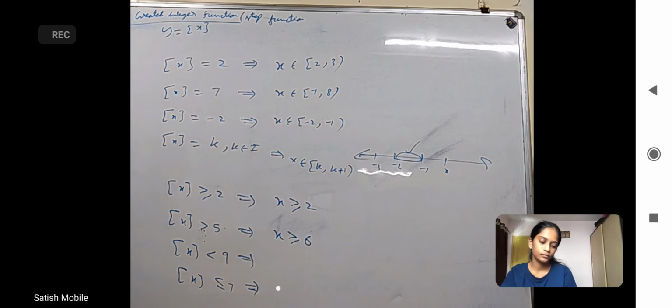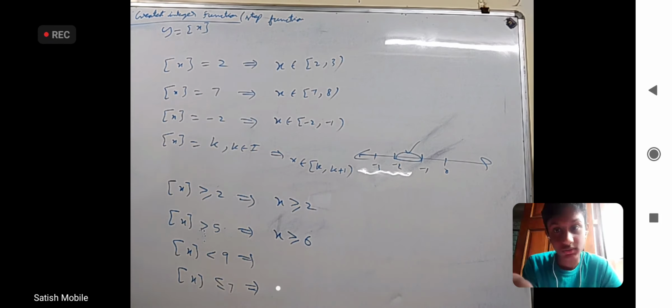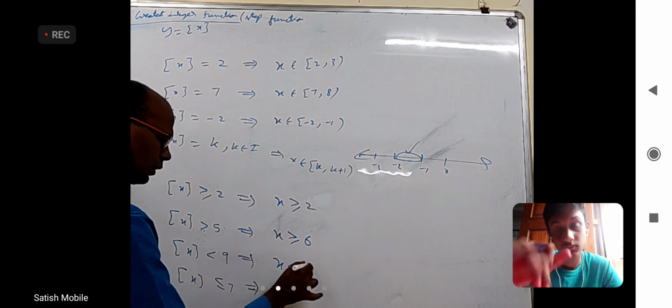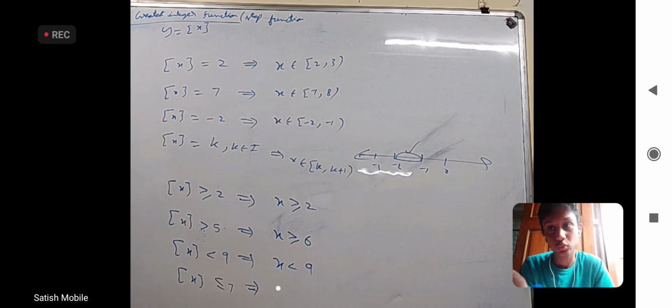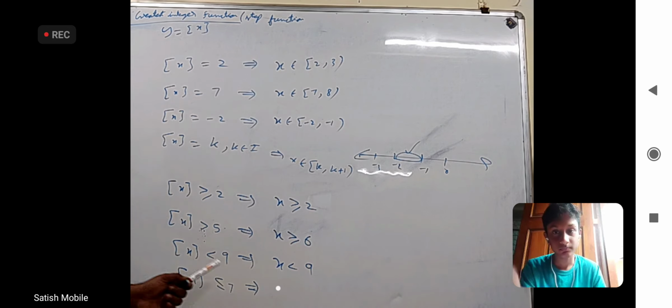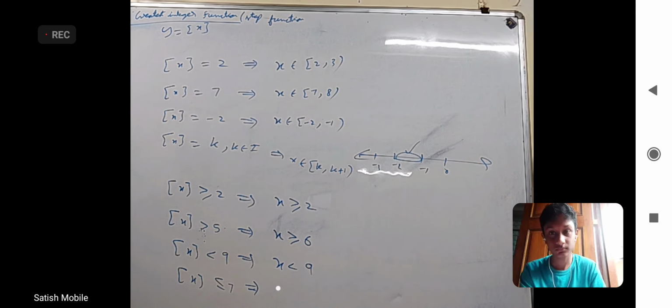What about this? Integer part of x less than 9. Less than or equal to 8, or x less than 9. Let us take 8.8. Any objection? If I take 8.8, the integer part will be 8, and 8 is less than 9. 8.1, 8.2, 8.3, 8.4. 9 is not okay. Anything more than 9 is not okay. Anything less than 9 is okay, because 8.9, 8.8, 8.7, they are all okay, right? Okay. So we don't have to worry about it. x less than 9, everything is fine.